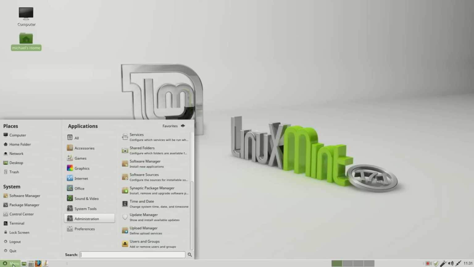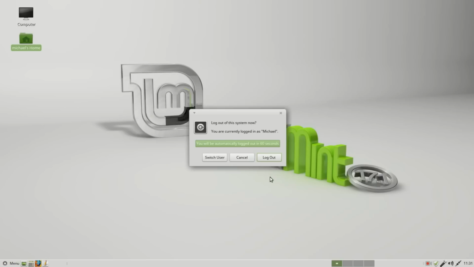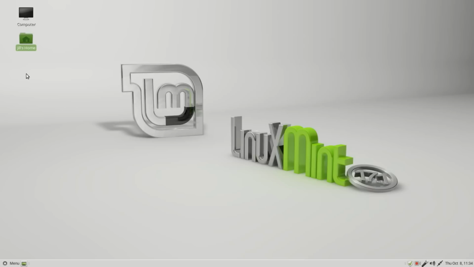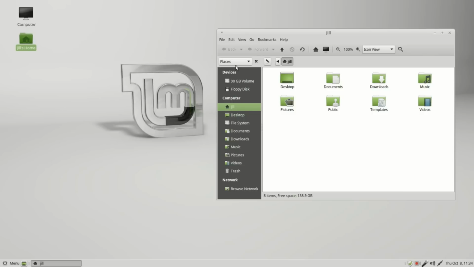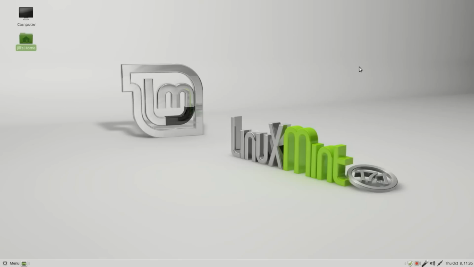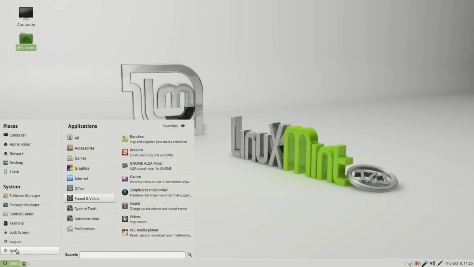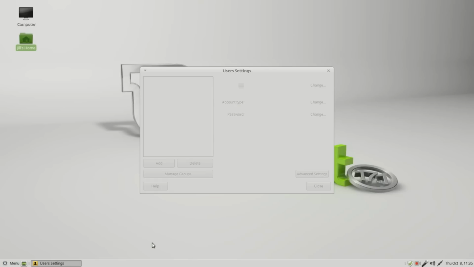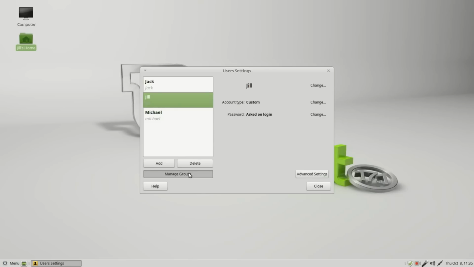I'm going to log off and log back in as Jill. I'm logged in as Jill, and I'm going into the home folders to show that I can get into Michael's folder and view and execute folders and files in the Michael home directory. Now Jill's going to go into the Administration, Users and Groups, Manage Groups,